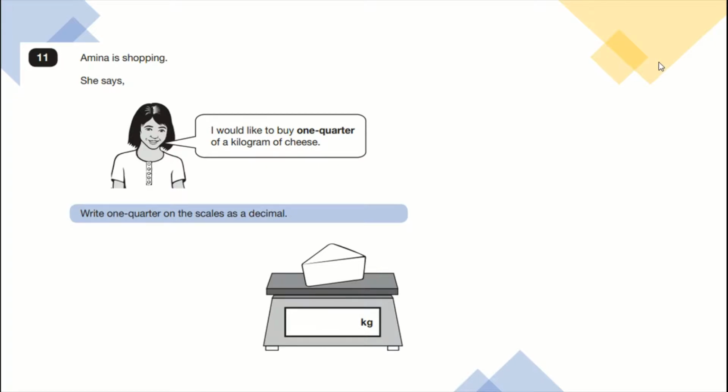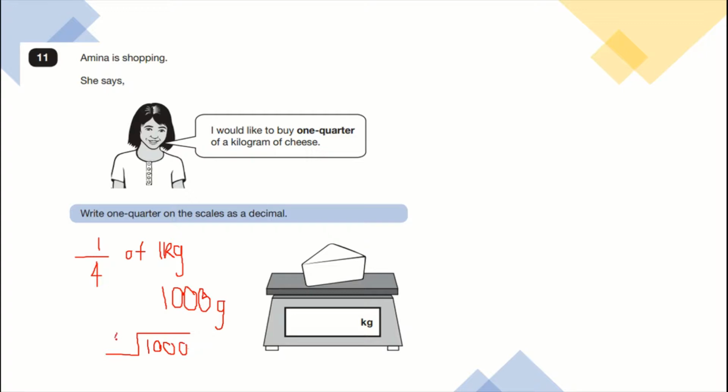Question 12. Amina is shopping. She says, I would like to buy 1/4 of a kilogram of cheese. Write 1/4 on the scales as a decimal. So we're trying to find 1/4 of 1 kilogram. Now it's easier if we first convert 1 kilogram into 1,000 grams. So to find 1/4, we need to divide it by 4. So 1,000